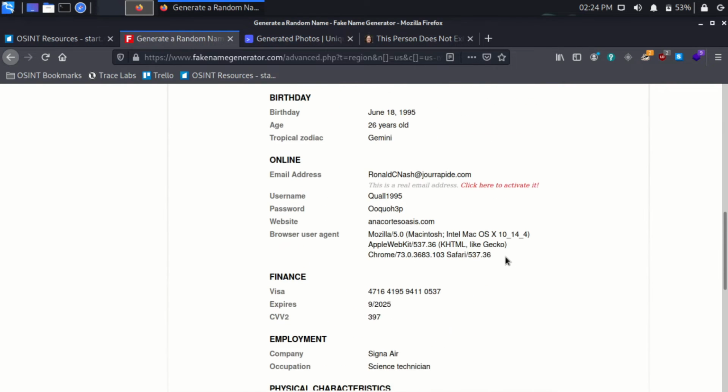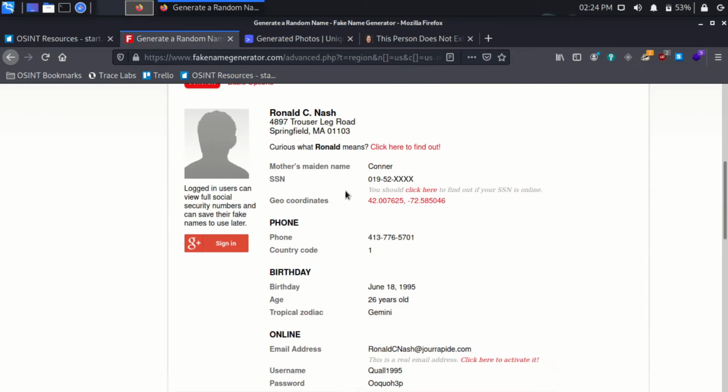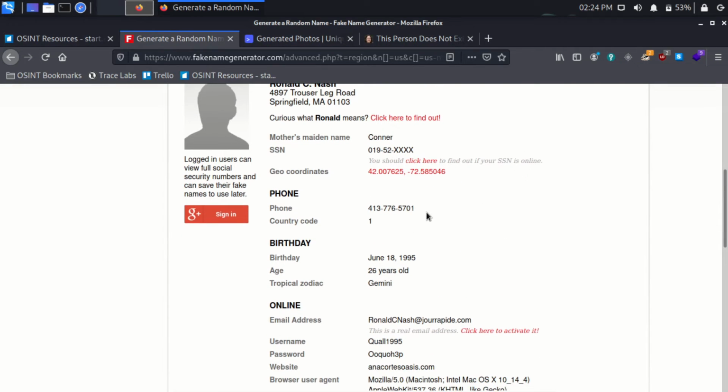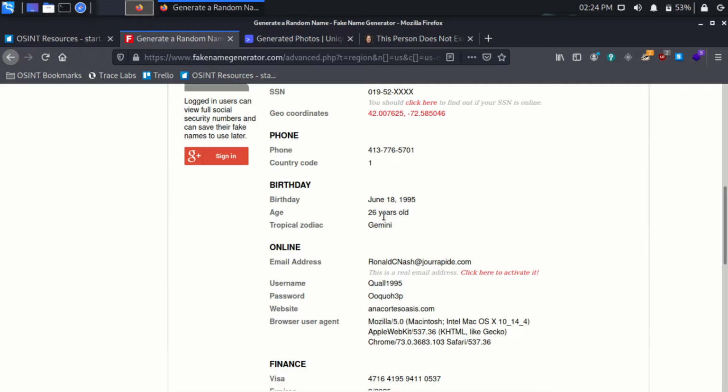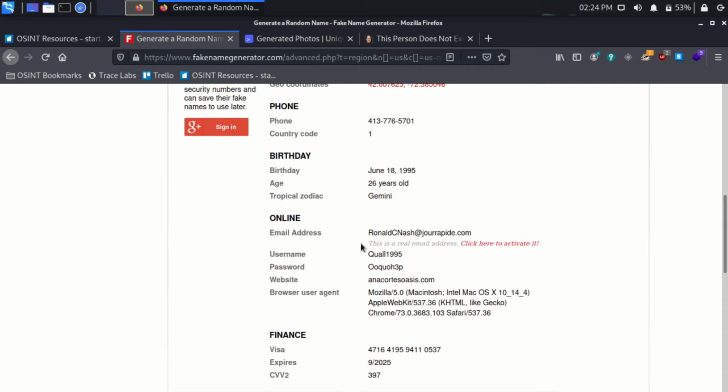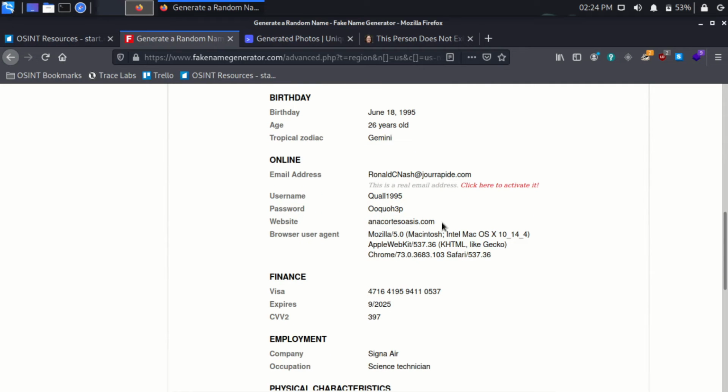But notice what it gives us. It gives us a name, a partial social, a mother's maiden name, a phone number, which, if you look into it, you can get that phone number, the birthday, the age, the zodiac, an email, a username, a password, a website. I don't go to the websites because it kind of scares me. Sometimes it could just be no website. Sometimes you don't know what you run into. The browser agent